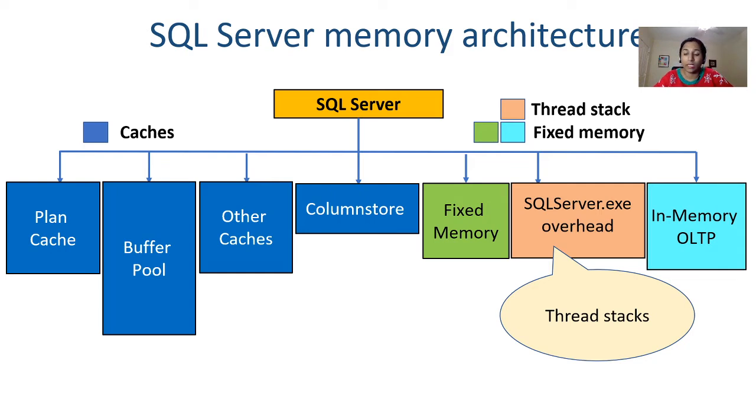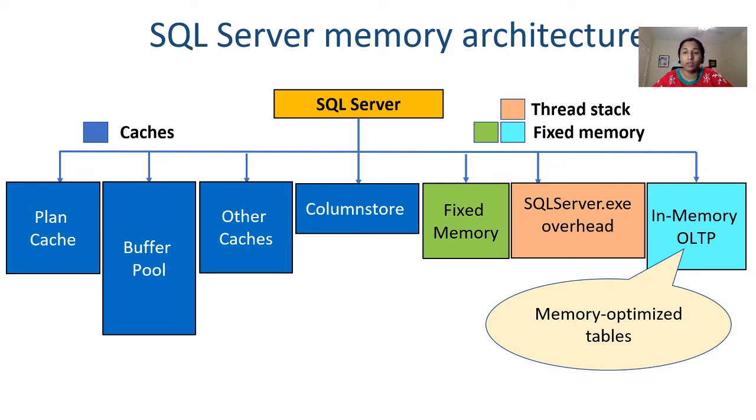There is also another type of memory known as in-memory OLTP. This in-memory OLTP also comes under the fixed memory. Now what things will be saved inside this in-memory OLTP? Memory optimized tables will be stored. Now as this is a fixed memory, it cannot be shrunk and expanded when there is memory pressure, right? So there should be some other process which kicks in to clean up all these objects inside the in-memory OLTP such that there will be space for the newer objects to be stored inside it. That's the overview of the SQL Server memory architecture.